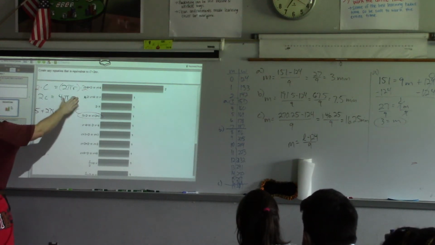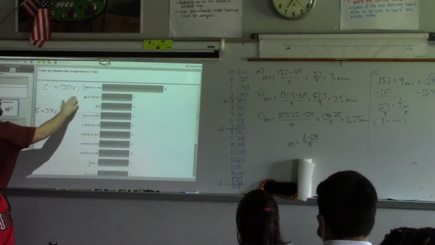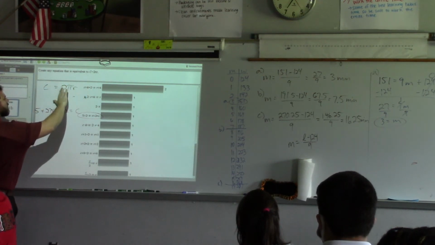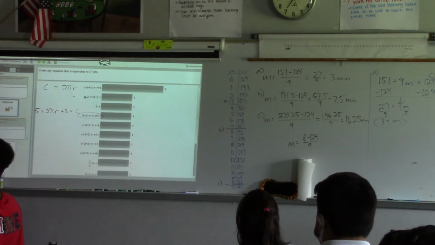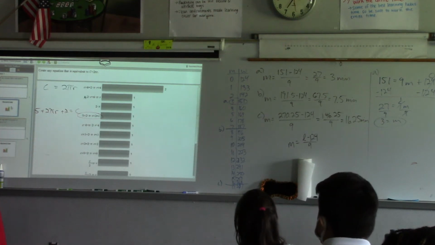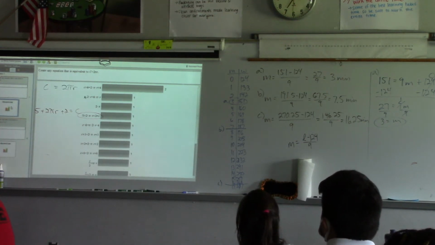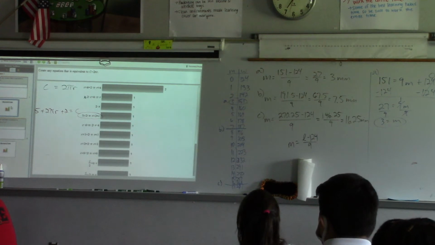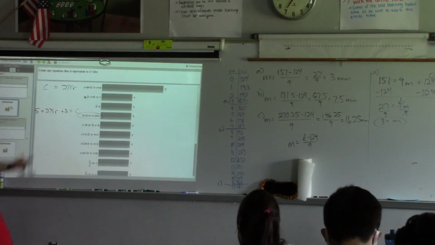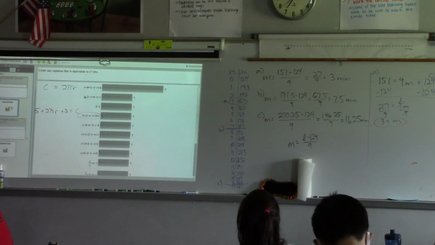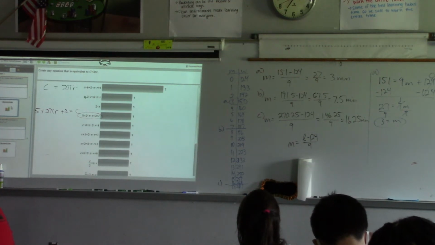That's this one right here, okay? Is that equivalent to c equals 2 pi r? No. Why not? Because you're not using 5 for both sides. They forgot the 5. Add that 5 to the... Okay, those are 2 different numbers, right? Yeah. But more importantly, it's not just 2 different numbers.